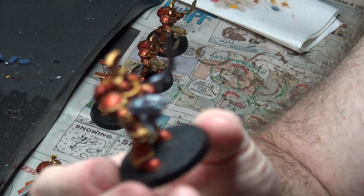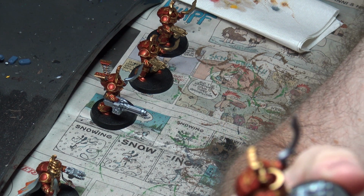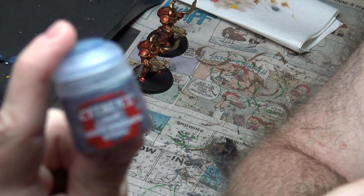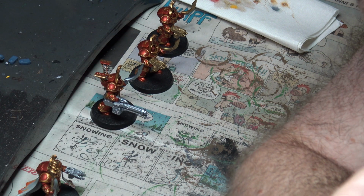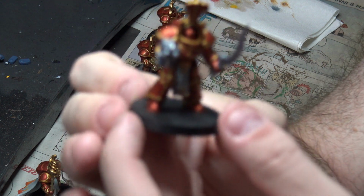So here we are back again. We are trying out the Grey Knight Steel. This stuff is awesome, as soon as it focuses, if it ever will. That's great. But anyways, looking at how